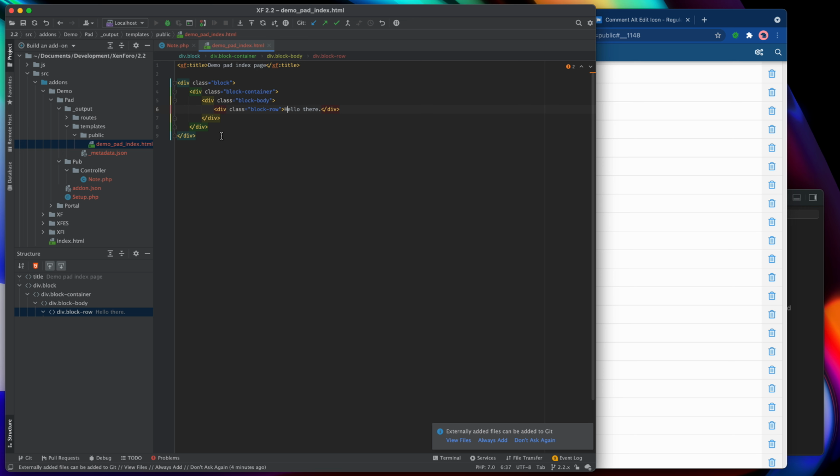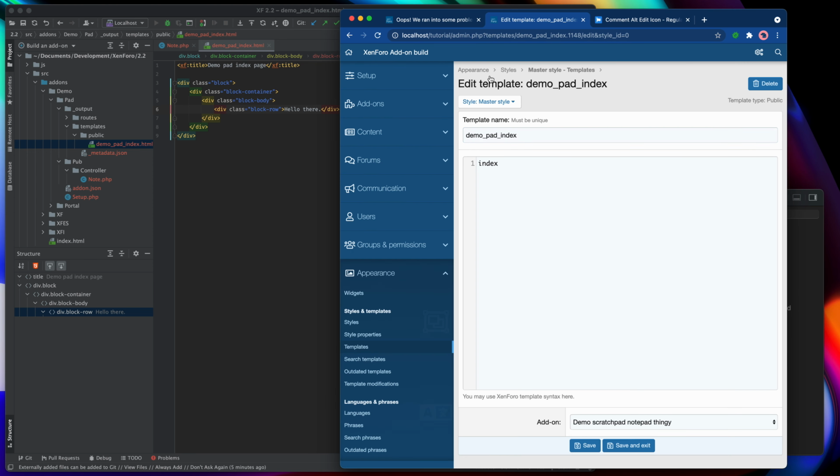Now, worth noting here that although I've saved out this template and the file there has received that content, it has not been slurped up into the database where the system will use it at this point. The system has no idea that we've done anything with that template. But what's going to happen is when I ask the system to use that template, it will check to see if the file has changed while we're in development mode. And if the file's changed, then it will slurp up the contents of that, stick it in the database, compile it, and use it there. So if I were to open demo_pad_index right now, it still has the original content. It doesn't have this stuff.